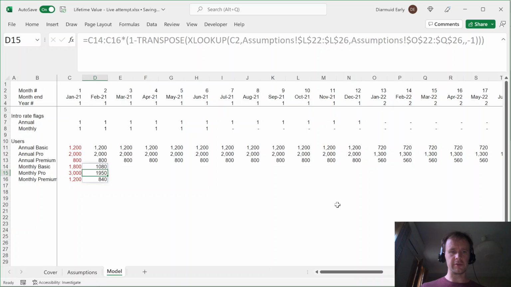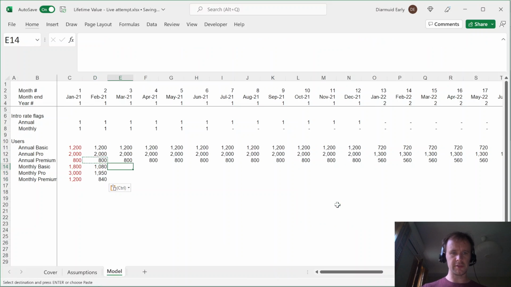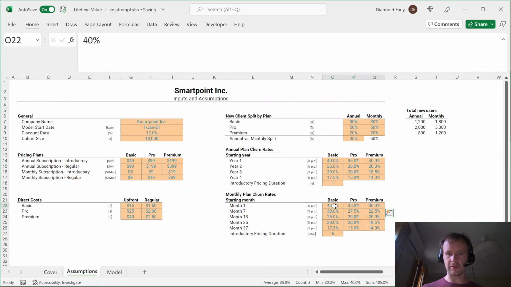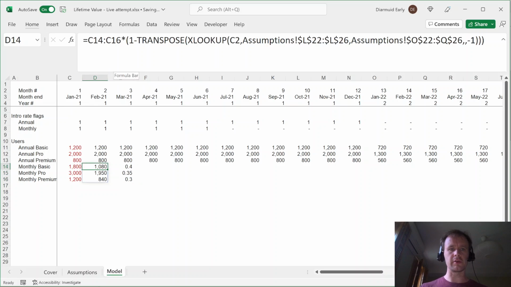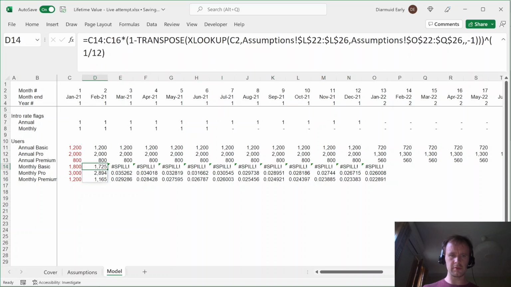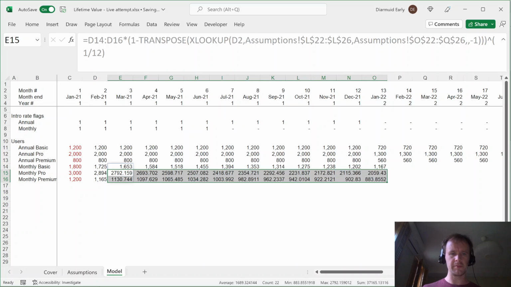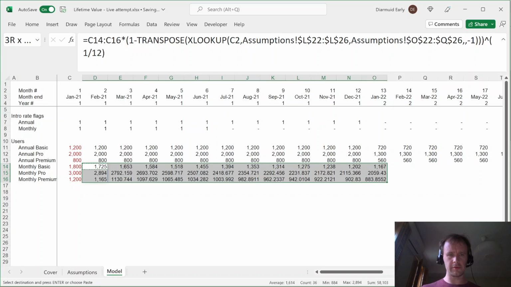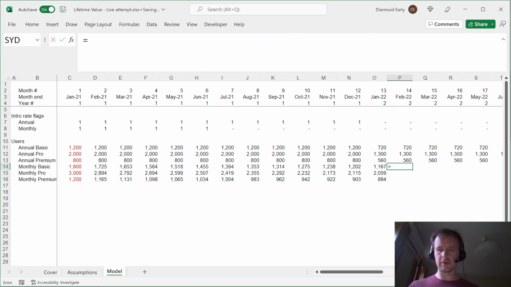And then I think I'm just going to need to adjust this because these are set up as annual rates. So if I do 1 minus that over that, you'll see I'm losing 40%, 35%, 30% in the first month. That's obviously not right. So I'm going to take that whole 1 minus thing and raise that to the power of 1 over 12 to convert the annual rate to a monthly rate. And then if I copy that across all the way to here, then I should find, if I do my 1 minus that, that now over the course of the year I've got my